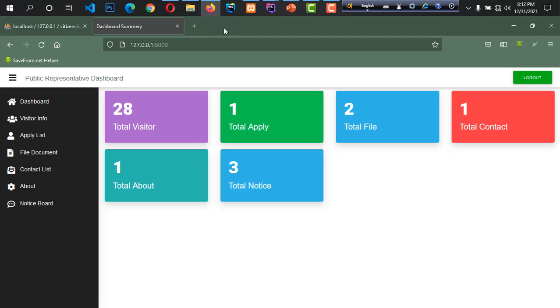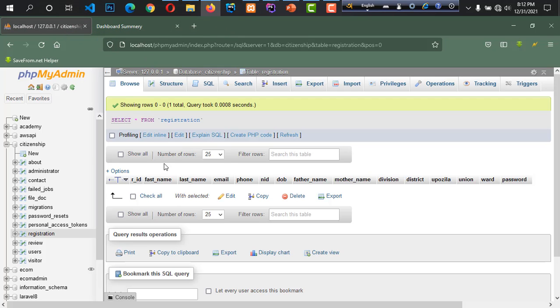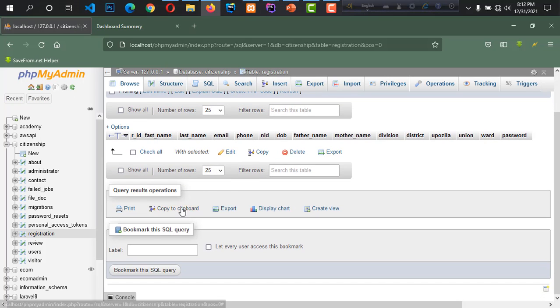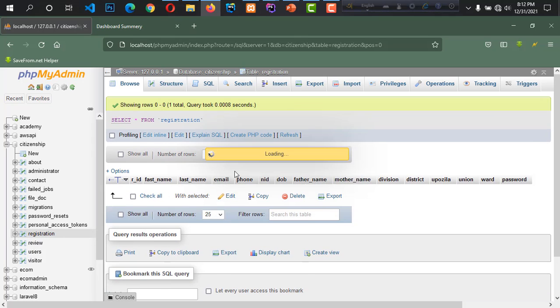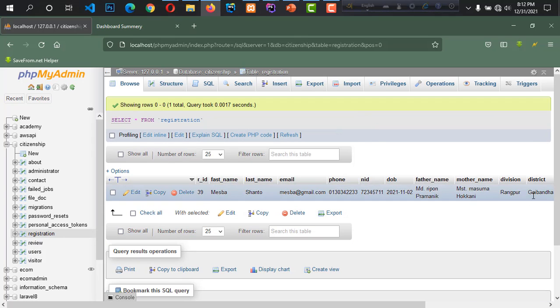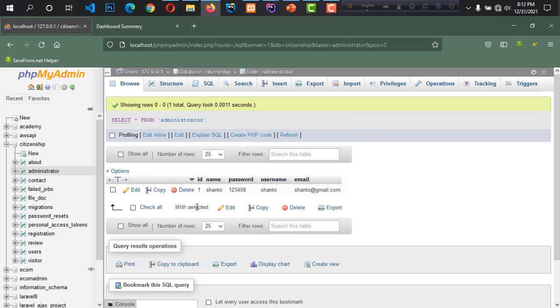Now I show my database. So here is my database for user who applied. Here is the data, and this is the admin database.